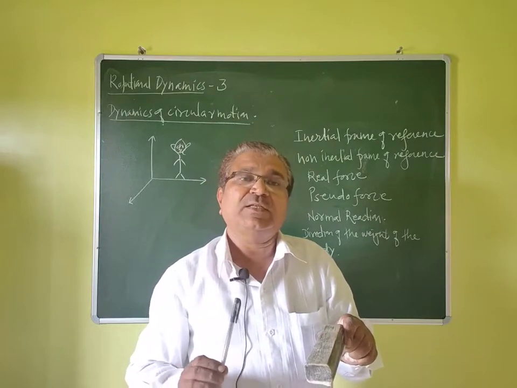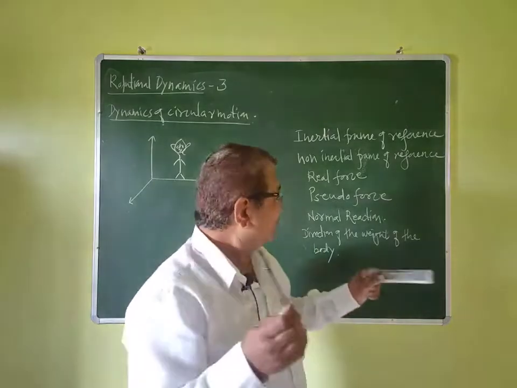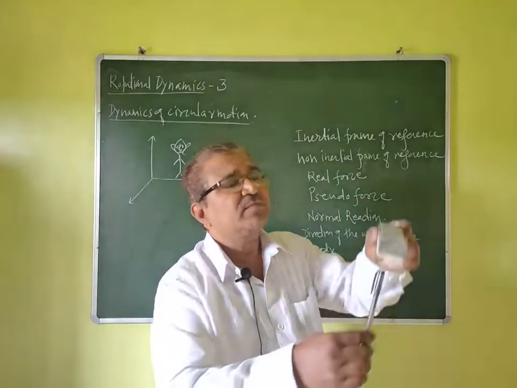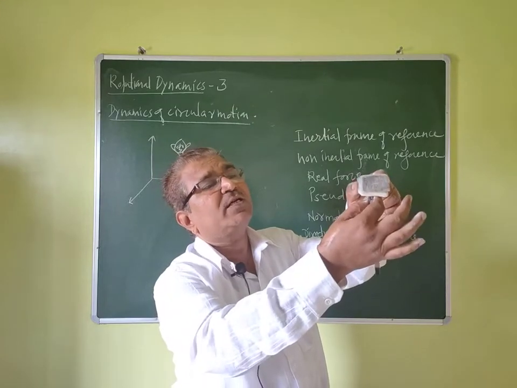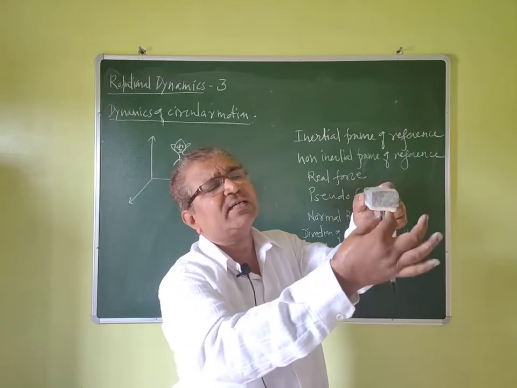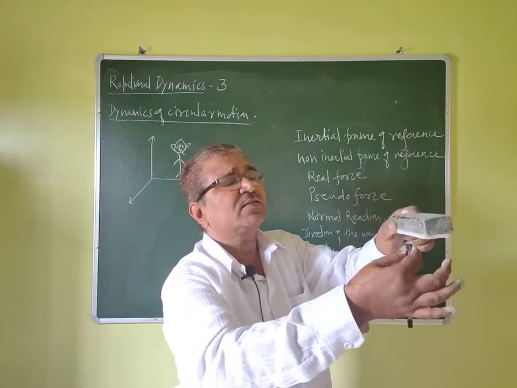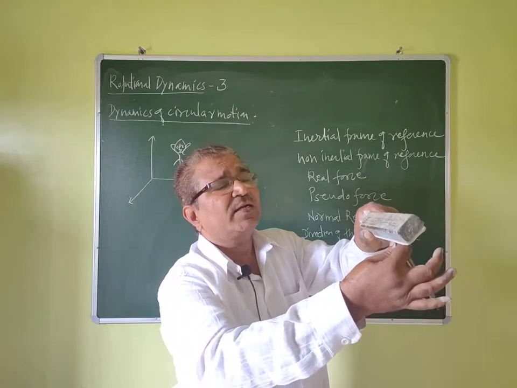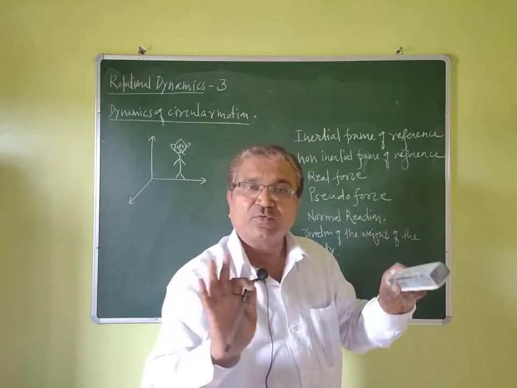Then and only then it is quite easy to understand the next articles. What is the direction of the weight of the body? Mind that the direction of the weight of the body is always acting vertically downward, exactly vertically downward. Though the body becomes like this, weight is like this. Though the body becomes like this, weight is acting vertically like this. So weight of the body is acting vertically downward.